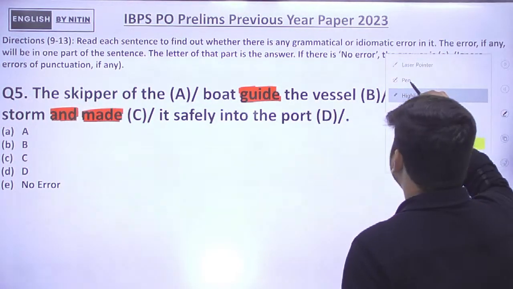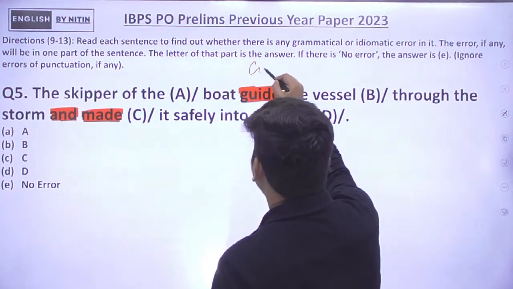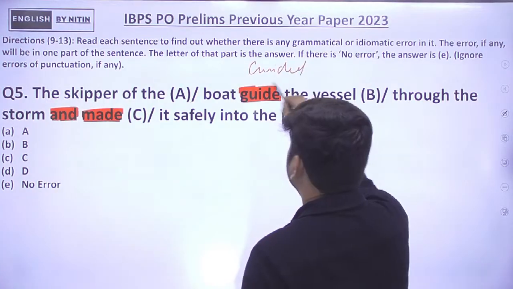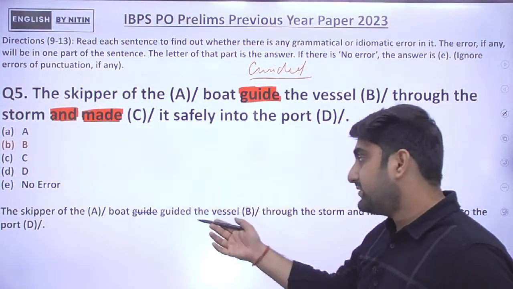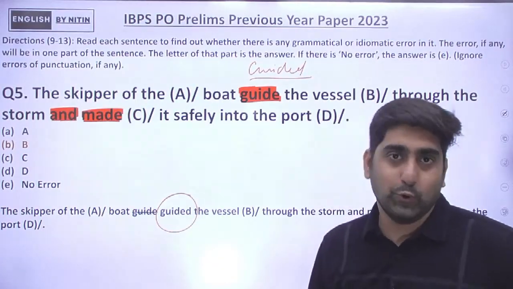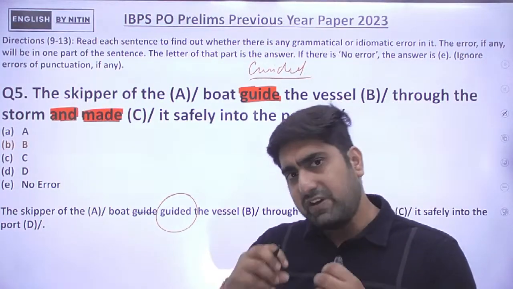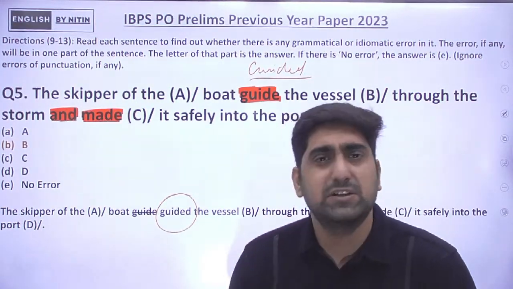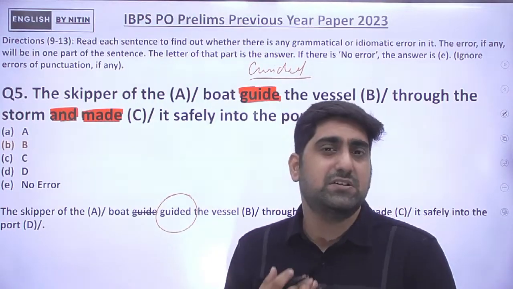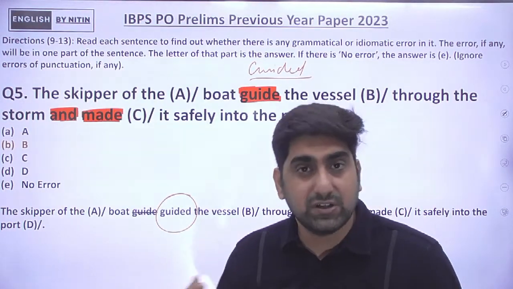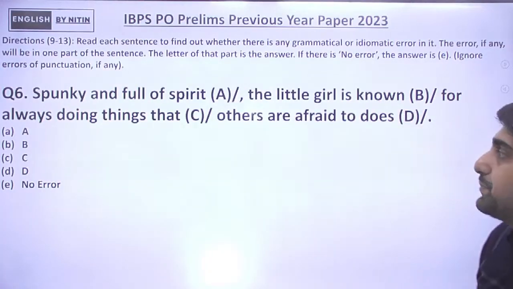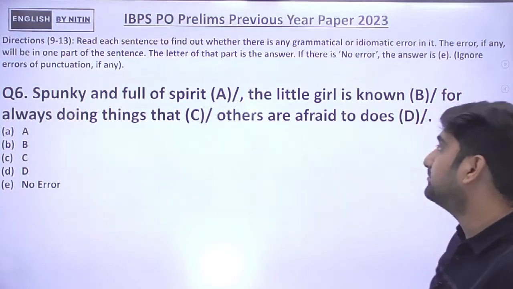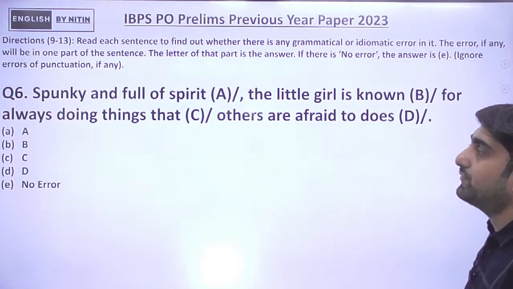The right sentence will be guided. So part B has the error and the right sentence will be guided. I hope that you understand that when you have conjunction and it joins similar cases, similar entities, similar time frame and similar things. Next question is, spunky and full of spirit, the little girl is known for always doing things